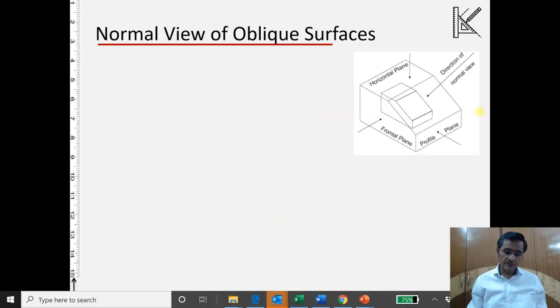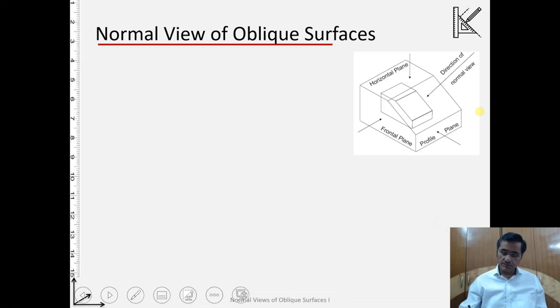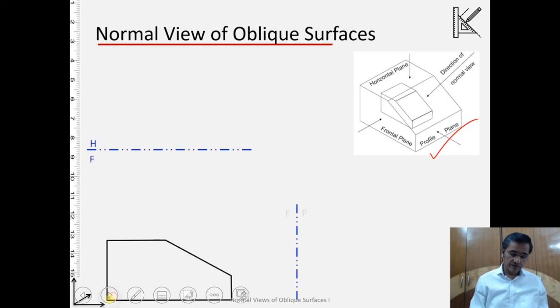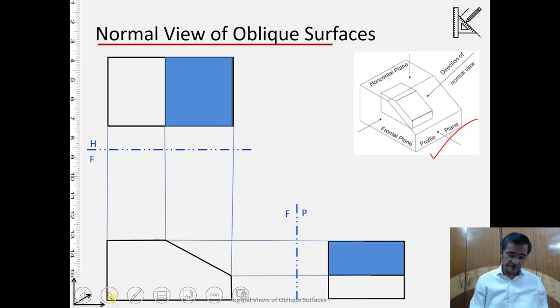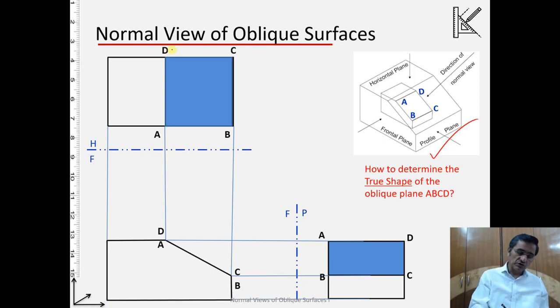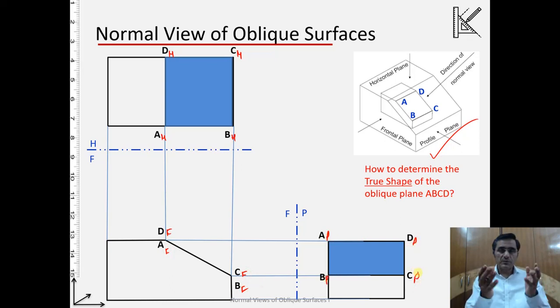Let us understand this by one example. Here is the object which we are taking. For the given object, we have its horizontal, frontal and profile projections, and this we all understand. Of course, I am using the notation only D C here. I should have written H here, because that is for the horizontal plane. And similarly here F, F, F, F, and here P, P, P and P. Anyway, whenever you are making a drawing, ensure that you are doing it in this manner.